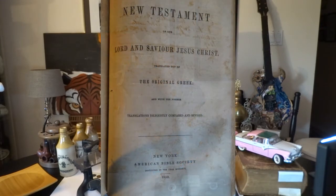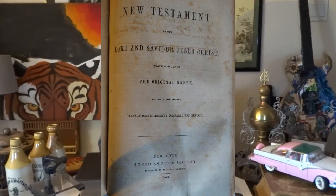This one's going to be about the first object I've been talking about, and that's the Bible that I acquired some time ago, and was printed in 1853 by the American Bible Society, so I call it my Civil War Bible. And the reason I do that is because there's very important notation in there about a particular battle in the Civil War. But anyway, about the Bible a little bit, it was put out by the American Bible Society